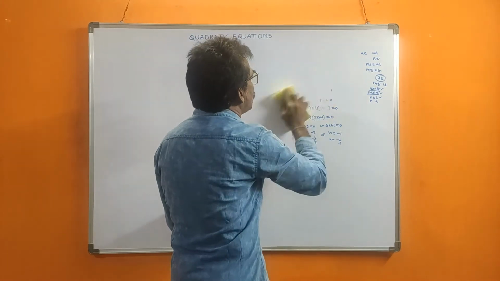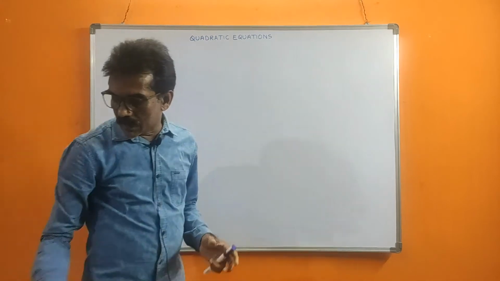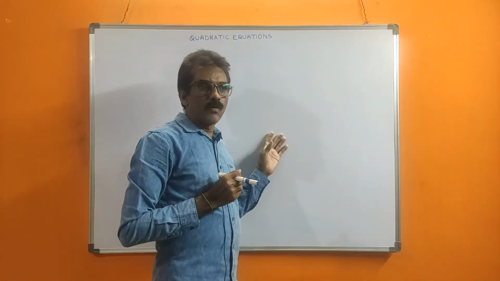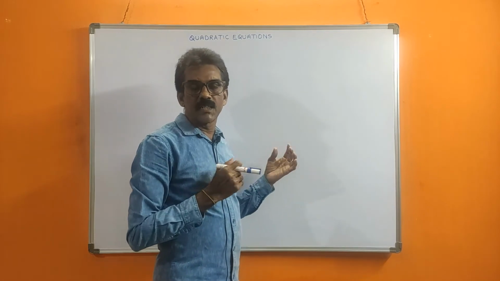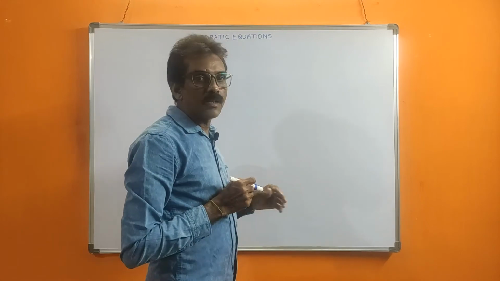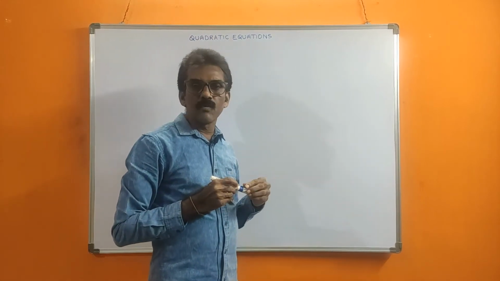Another one is the adjusting method, adjusting as a perfect square method. That method also I will explain. Specifically, if they ask in the exam to find the roots by the adjusting as a perfect square method, then we should do it in that method only. That's why we should learn this method also. Next is the direct formula. The formula also we will derive.